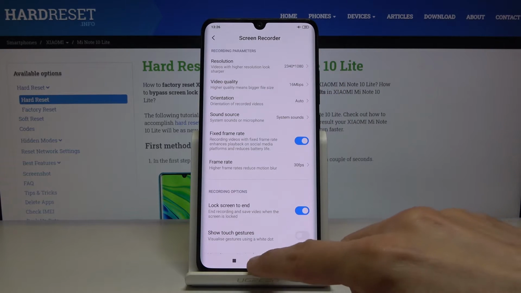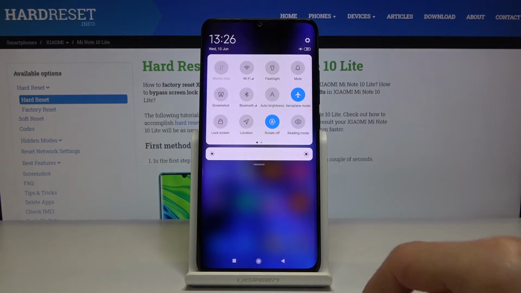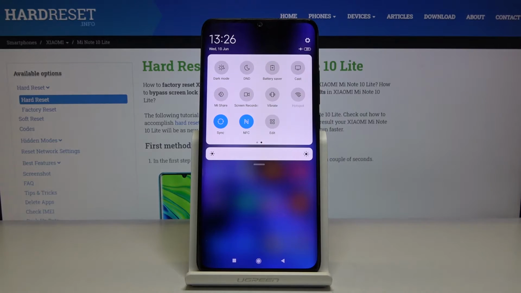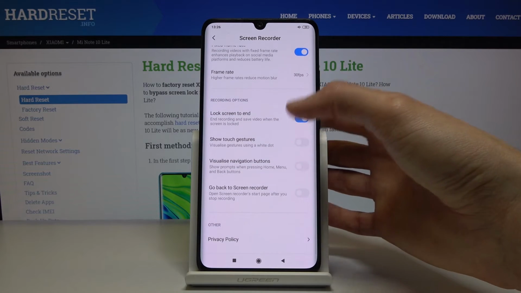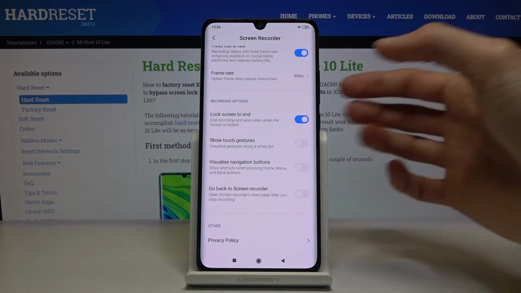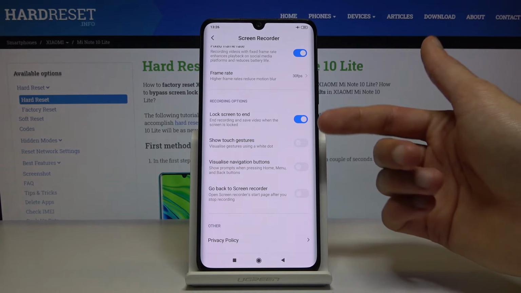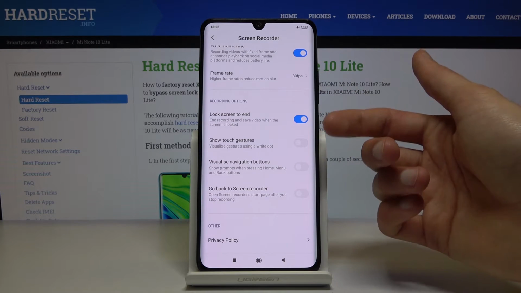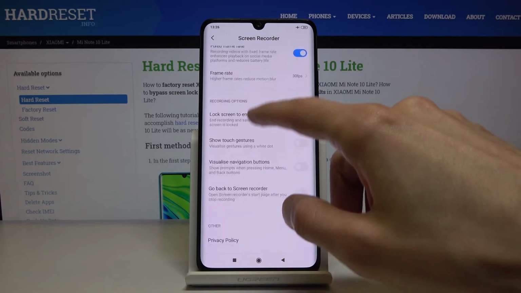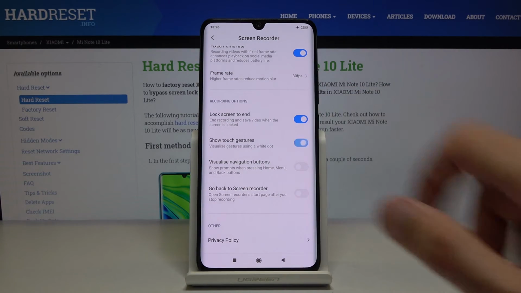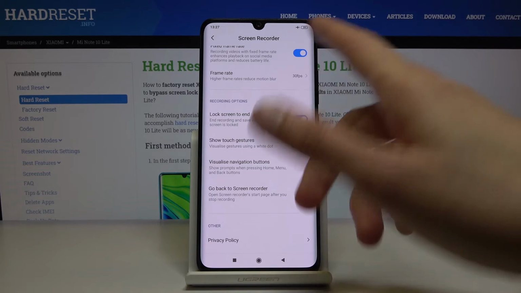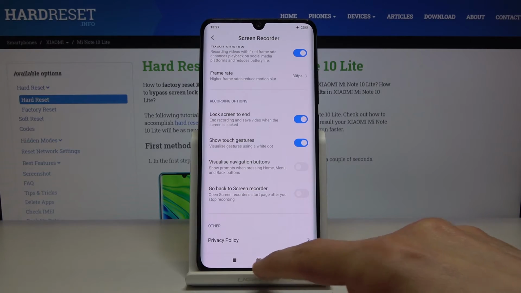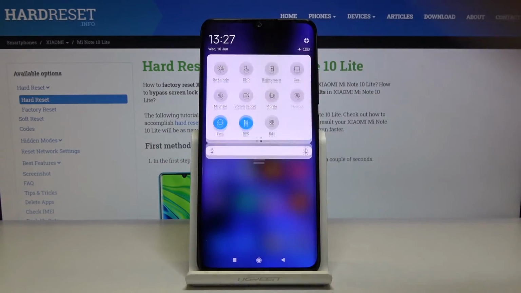And once you set all those up, you can quit it, then go into the settings, or not settings, but the toggle right here, and simply tap on it. Now I'm gonna check one more thing really quickly. Sometimes there is a way to record also the camera. There's also a couple toggles that you can check on, like show touch gestures, which will simply show wherever you tap on the screen. You can actually check that on so you can get a visualization on it. Visual navigate button, go to the screen recording. Okay, so it's probably the most important ones here, and I'm gonna go enable it by simply tapping on it,